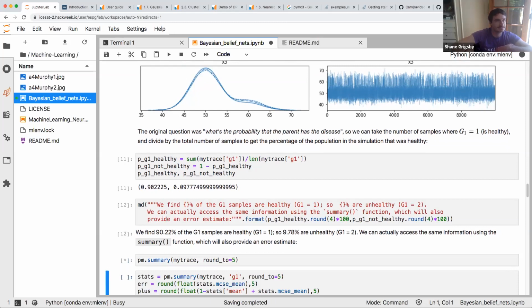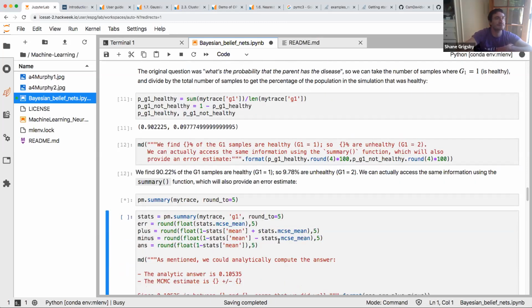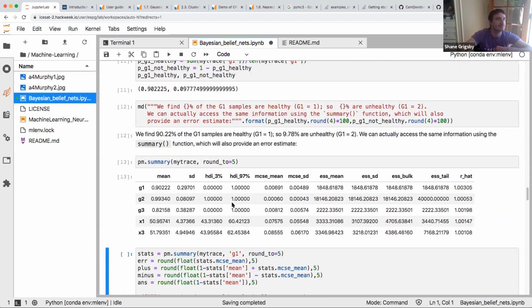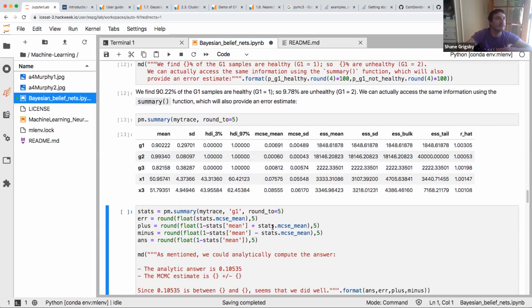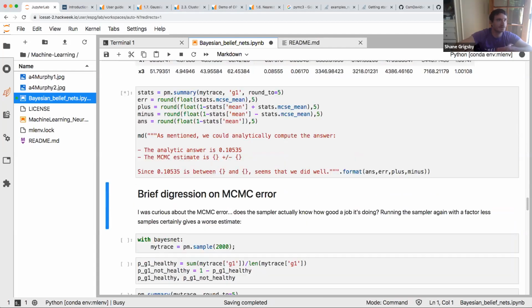So there's this nice little summary option, and this will basically print out higher level statistics with error bounds in terms of what each of these variables are. So you can see that there's some confidence bounds, there's a standard deviation, there's a mean. There's also these bits over here in terms of the MC sampler error. And this cell here will basically take